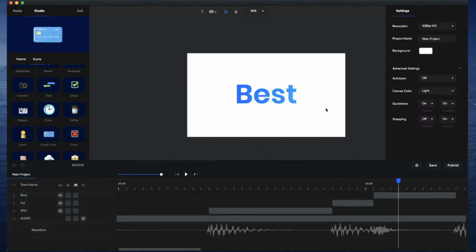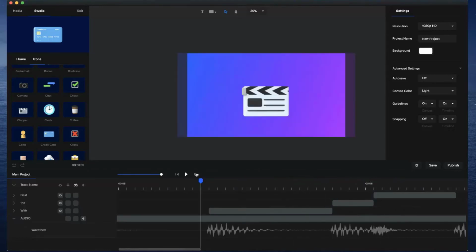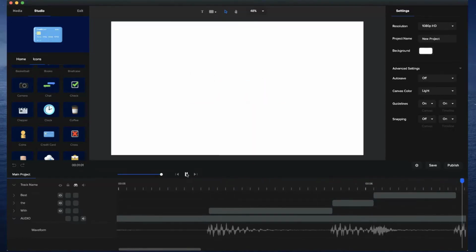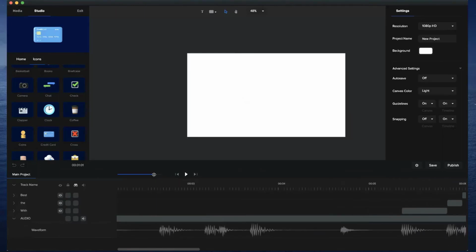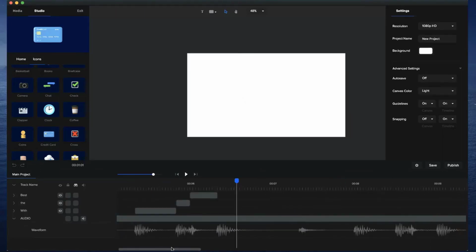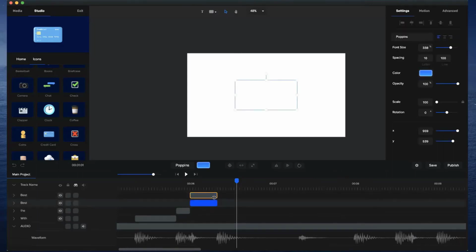Okay, that's good. So it goes with the best like that, and you can see it pops if I just play this through. Okay, cool. So what we're going to do is go with the best and then go to style. So I'm just going to duplicate that, Command D,